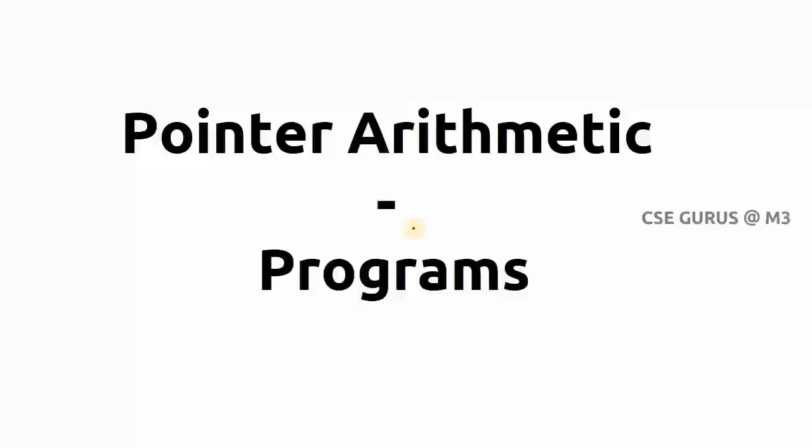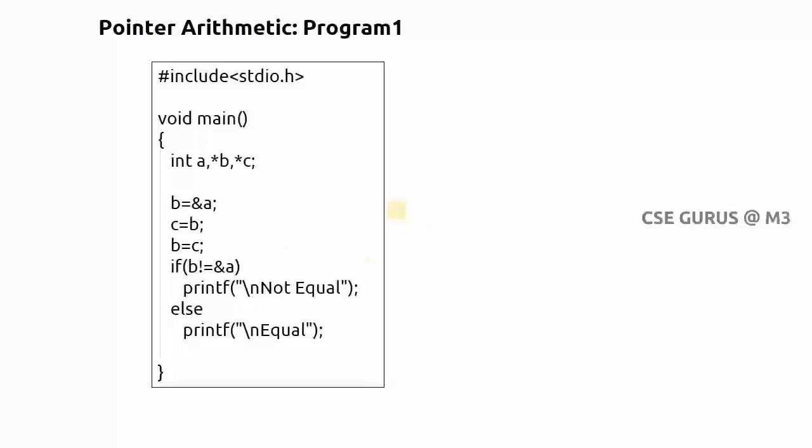In my previous video lecture I discussed the concept of pointers with arrays, that is, one dimensional and two dimensional, which we have completed. Now we'll check out pointer arithmetic with a number of example programs. We'll see how differently we can execute them and how differently they behave with respect to the concept of pointers. So the first example we'll see. All these programs I'll show you with execution.